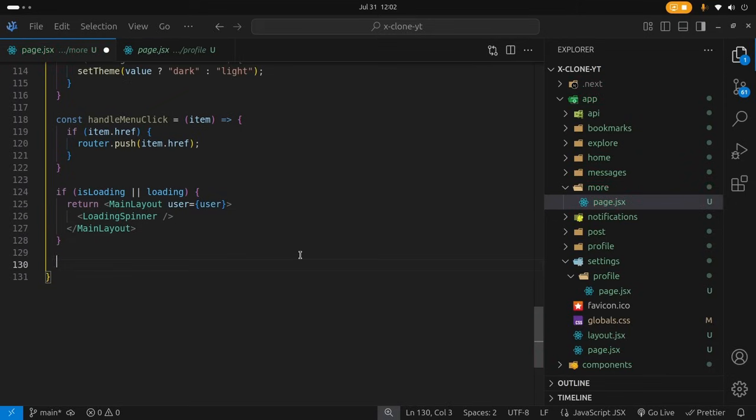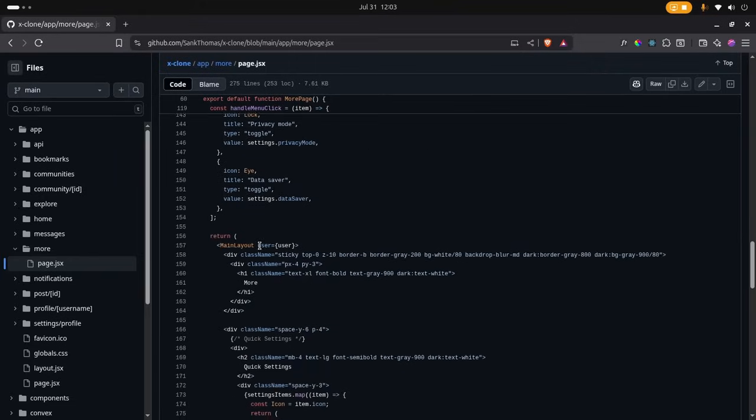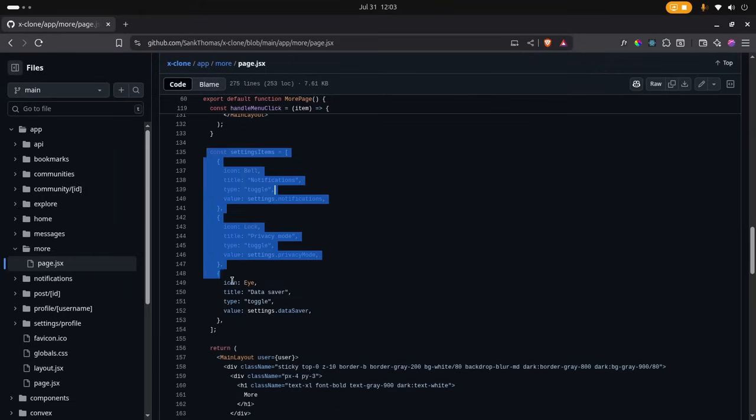And then below this, we're going to have some settings items. So const settingsItems, and once again, this is an array of objects, and I don't want to type them out even though there are only 3. So let me just go ahead and copy them. So basically these 3, let's copy this